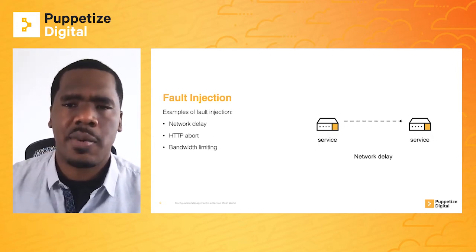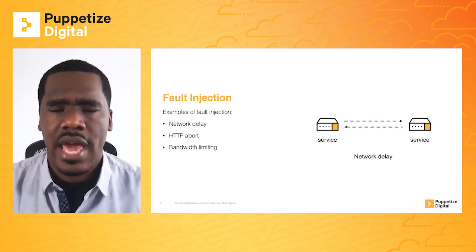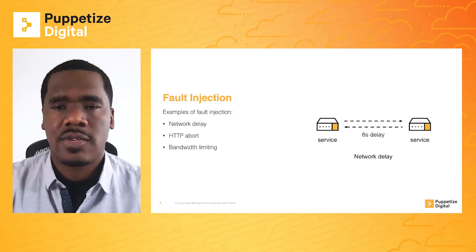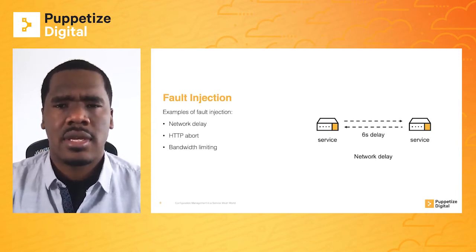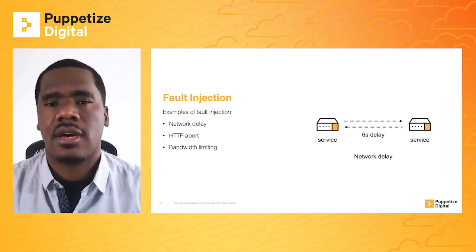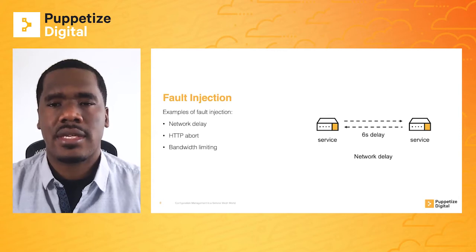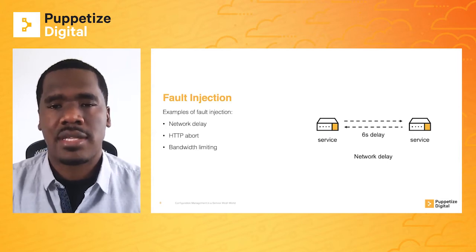And so it sends the request. And then what we're actually doing is adding a delay into the response. And so we added a 6-second delay into the response. So what that allows us to do is test the resiliency of the service that is submitting the request, and in terms of knowing what to do if there's been a delay in the response